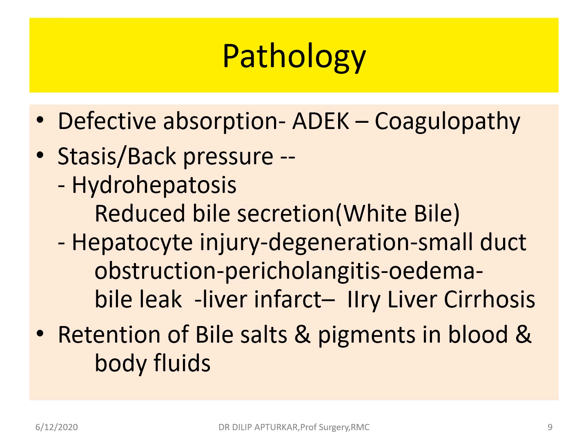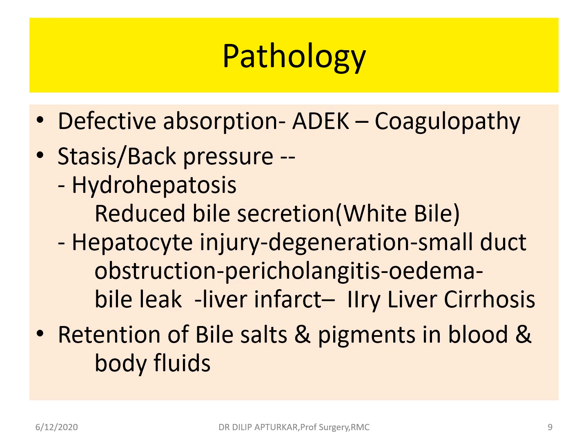The stasis of the bile causes back pressure, increased pressure. Normally biliary pressure is 15 to 25 millimeter of water, which can be increased. It results into hydrohepatosis, liver will be enlarged, greenish, intrahepatic biliary radicals will be dilated. Again, the back pressure will cause reduced bile secretion. Ultimately, the bile secretion is stopped, resulting into production of only mucus, that is a white bile. It is termed as a white bile.